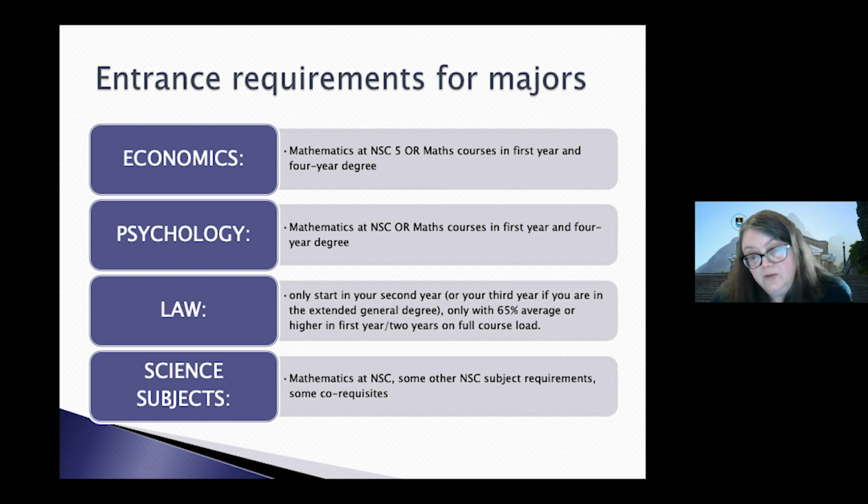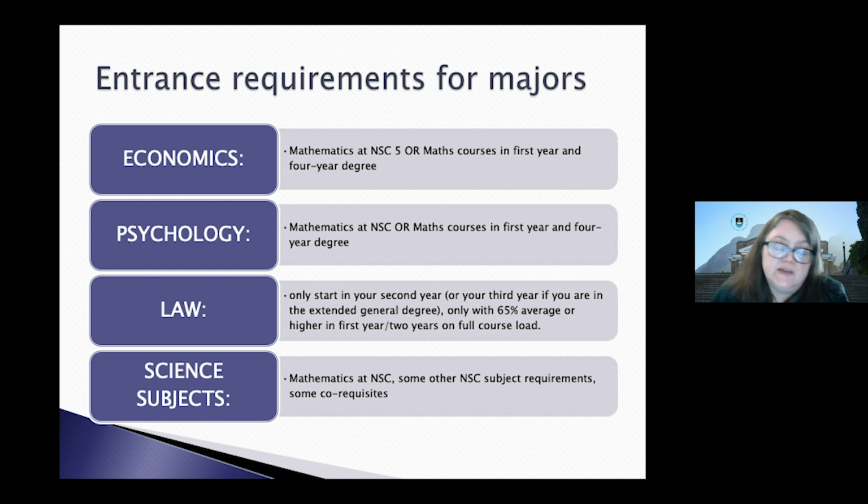So if you really, really want to do economics and you only have maths literacy at matric, you can actually do catch-up maths courses in your first year in humanities, and you can start your economics in your second year. If you're in the extended 4-year program, this doesn't really make much difference. If you're in the 3-year program, this means that you will take an extra year to finish your degree. You will spread out the 20 courses you need for your degree over 4 years instead of 3, so that you can start economics, the 3-year major, in your second year. Okay. If you have mathematics at 60% or higher at matric, you can start economics in your first year.